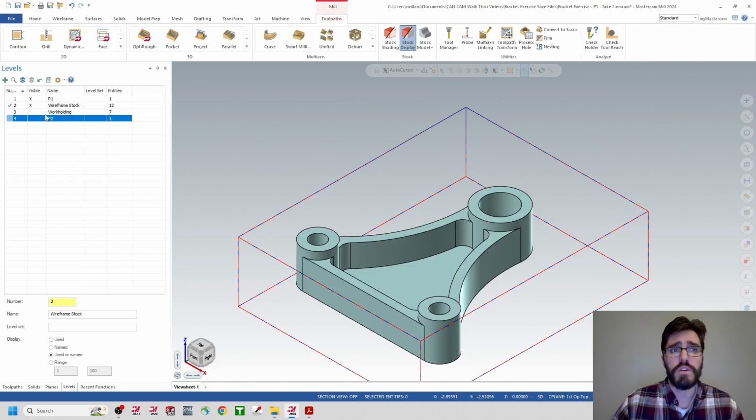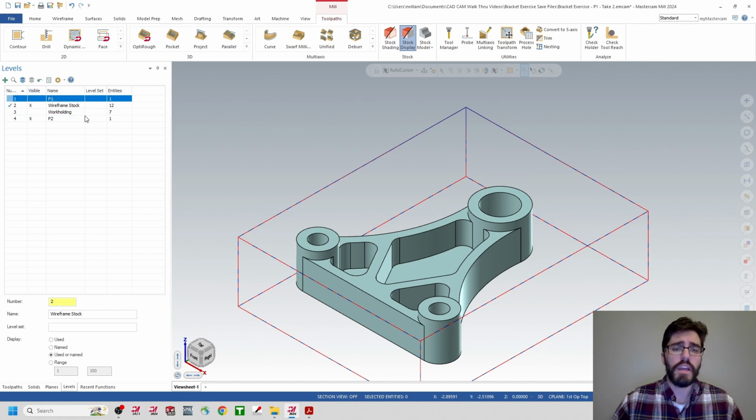So we actually have 2 separate 3D models inside of this part file right now. What I'm going to do is toggle on my P2, and toggle off my P1. Again, to turn this off, we just hit this little X button underneath the visible column. So I'll click on the X right here, and then we're going to start the workflow of